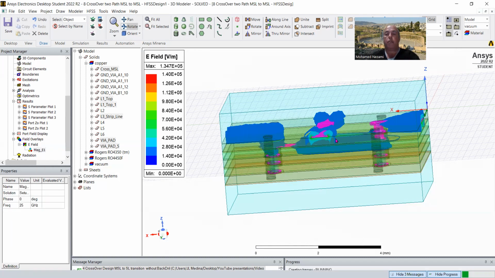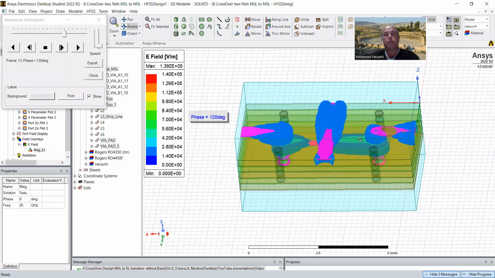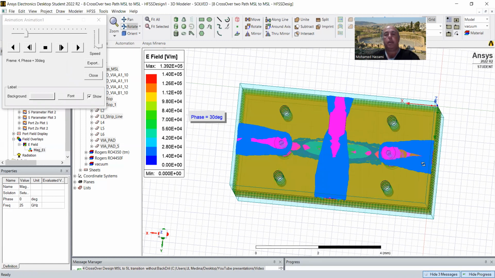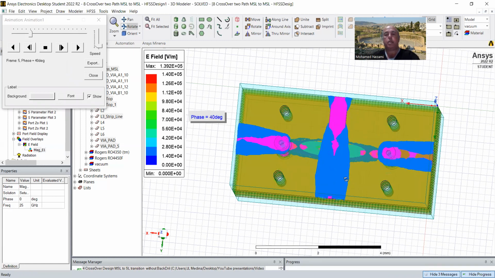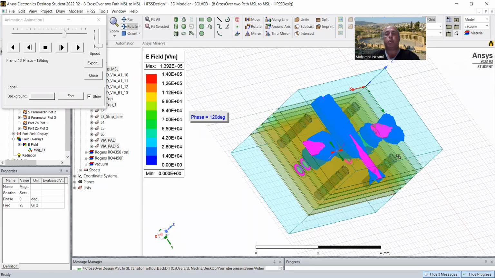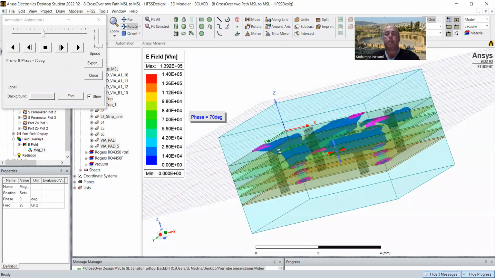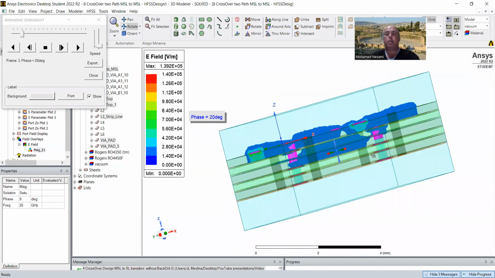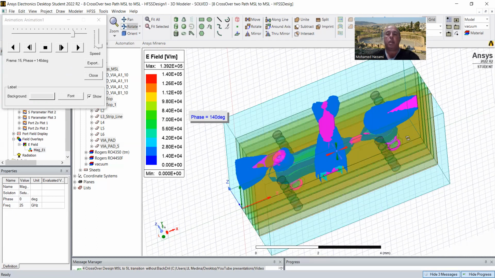This is an RF to RF crossover embedded on a 6-layer Rogers material board, 4350 and 4450. Okay, as you can see now, this shows you the complete signal transitioning. This is a 4-port crossover. So you can see that the signals don't interfere because there's now between this signal and the other signal,